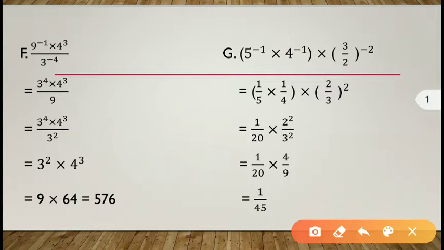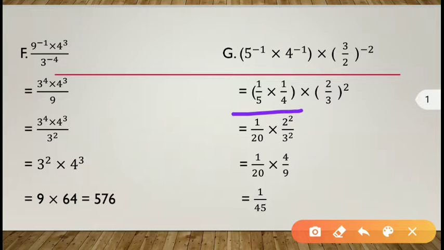Next is 5 inverse. We can read this as 5 inverse or 5 to the power minus 1. 5 inverse into 4 inverse in one bracket, into 3 by 2 whole to the power minus 2. So first of all, convert all the negative signs into plus. 5 inverse can be written as 1 by 5. 4 inverse can be written as 1 by 4. And here, if you want to convert this minus sign into plus sign, just change their places. Means in place of 3 by 2, if you write 2 by 3, this minus will convert into plus. Now all the powers are with the plus sign.